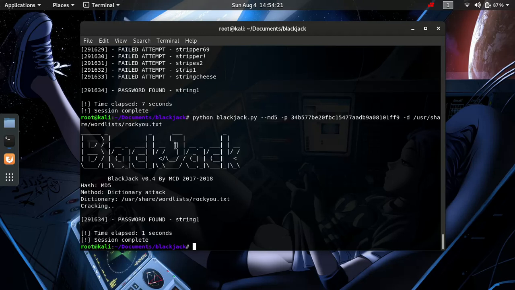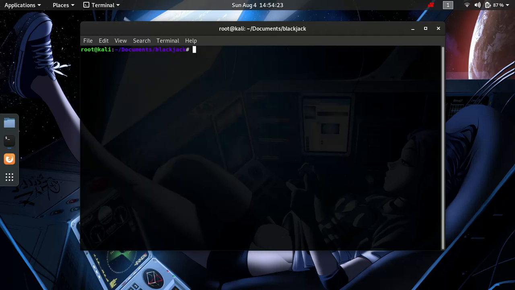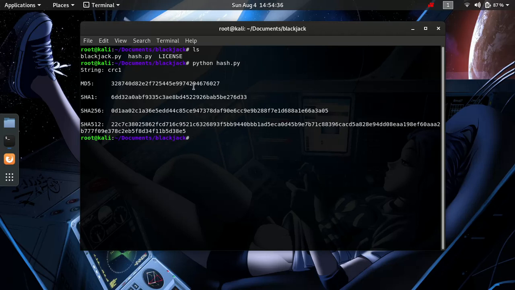Now let's try the brute forcing method, which I won't use string 1 for because it's quite big. Now let's just type python, and I'm going to use one that can be easily cracked with brute force, so we don't have to wait. crc1, that sounds perfect. Copy that, and python blackjack.py --brf, which stands for brute force, and -p and the hash, and